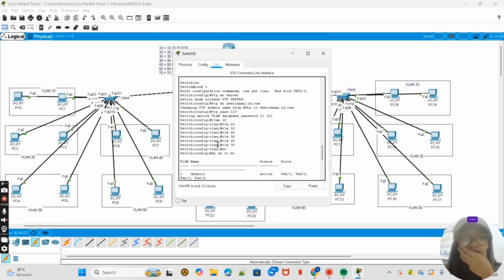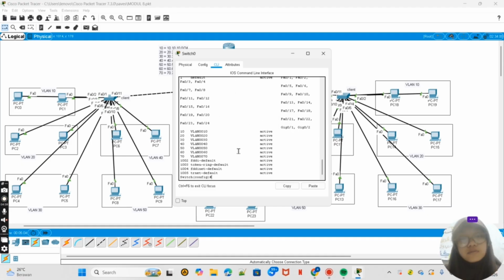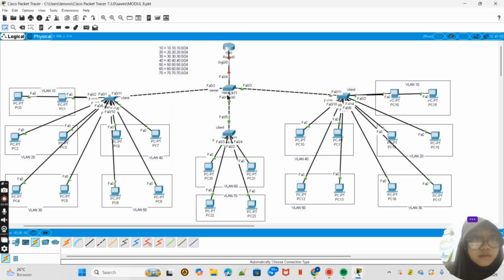Oh, wait. I'm sorry. I'm so sorry. I haven't done the trunk yet. Okay. Don't forget to trunk first. I forgot. I'm sorry. So, for this one, interface,